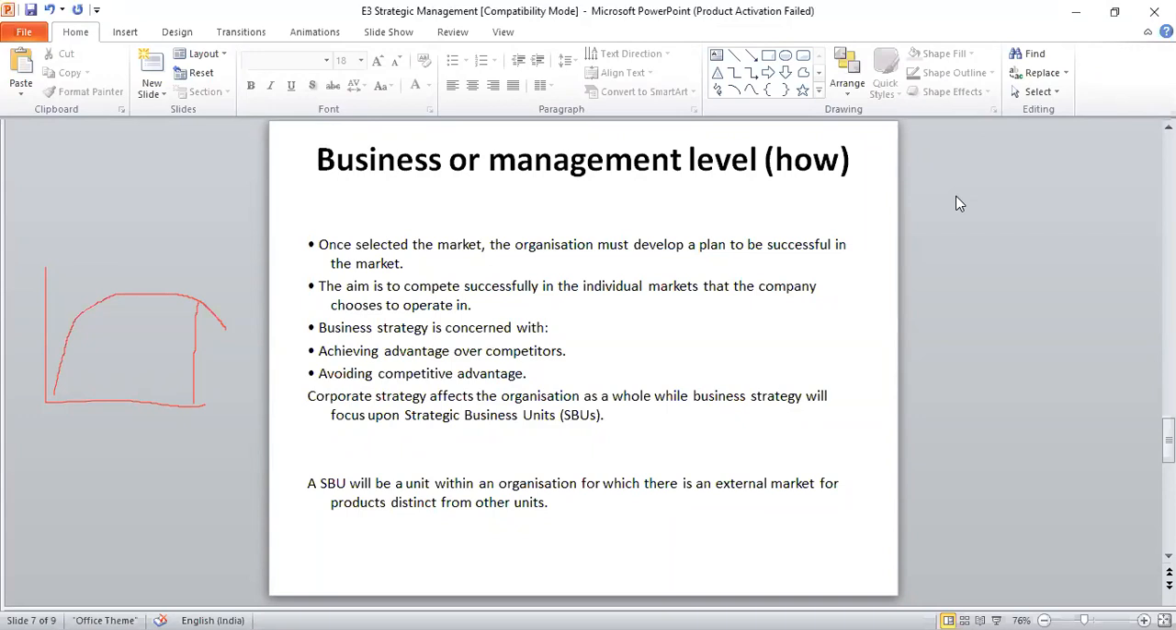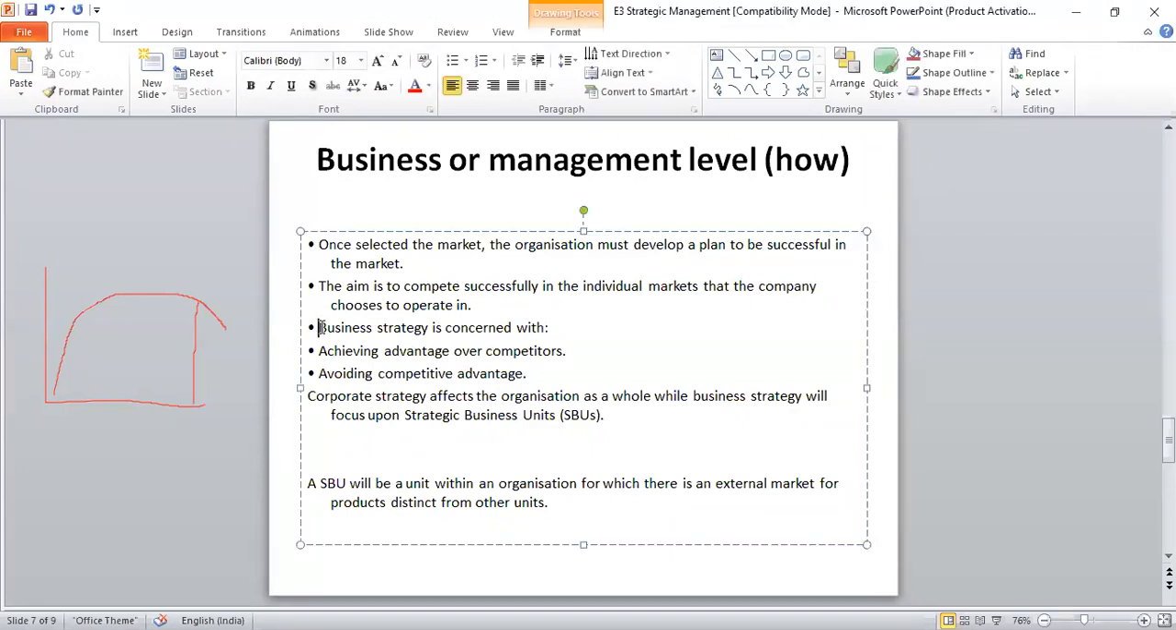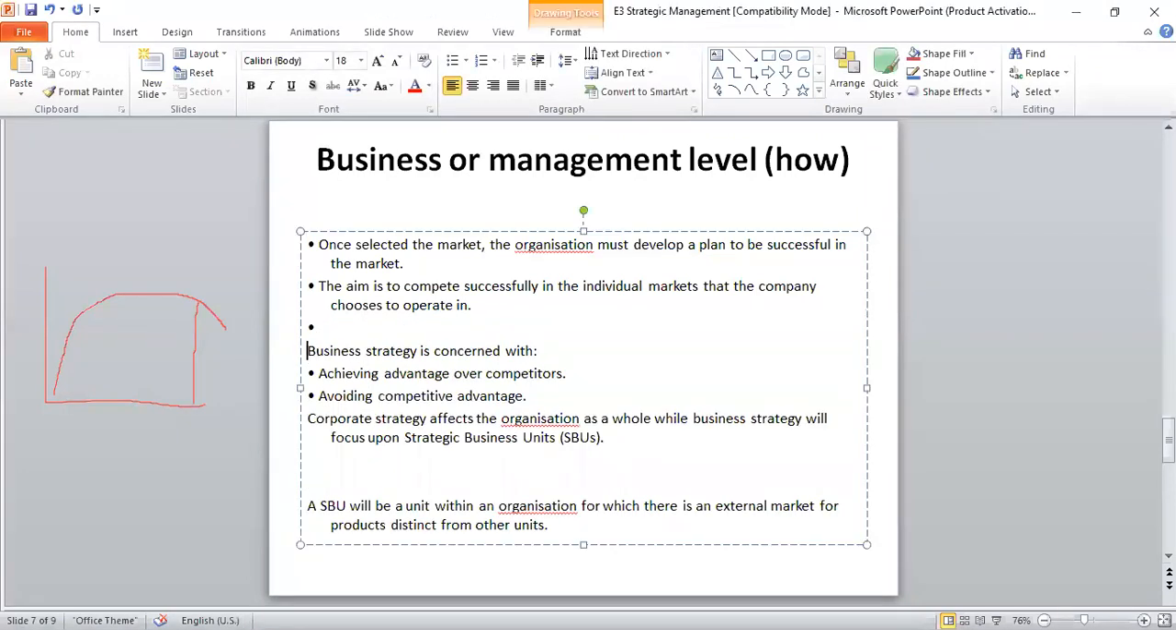The business strategy, what is it concerned with? It's concerned with achieving advantage over competitors, and avoiding competitive advantage. So they plan about how to gain advantage over their competitors, and then how to face the competitive advantage of their competitors. If they have already adopted a strategy, competitive advantage, just now some time back we discussed about